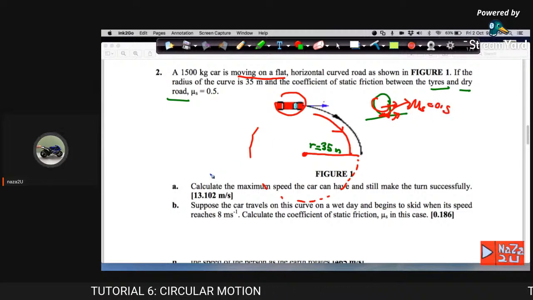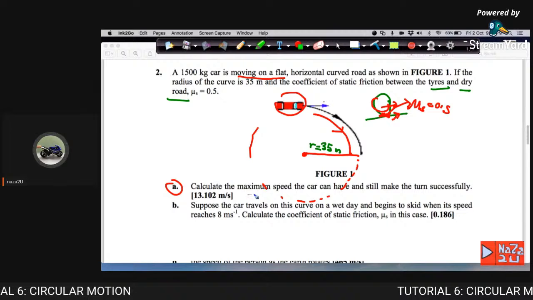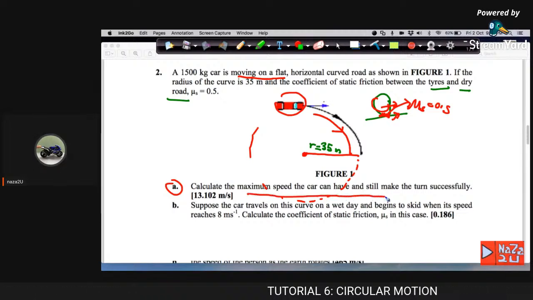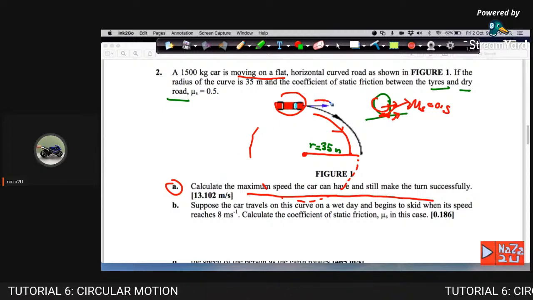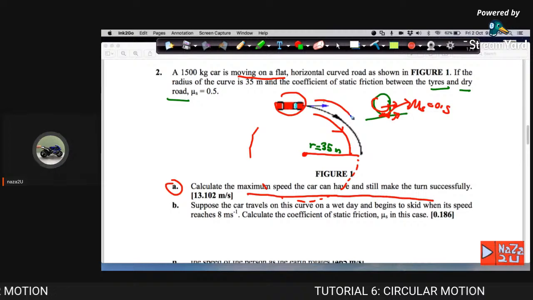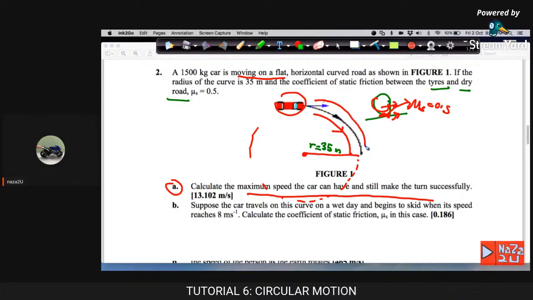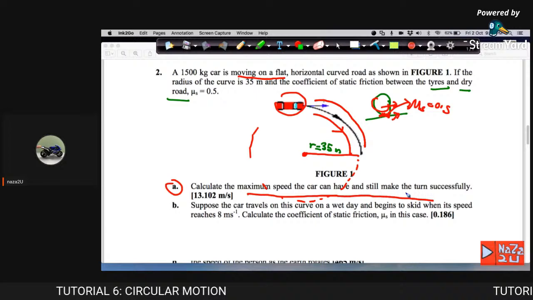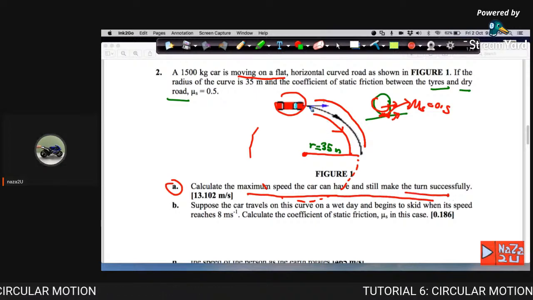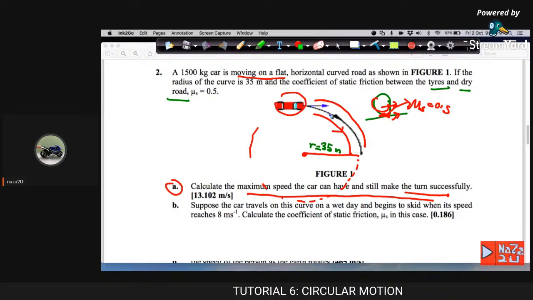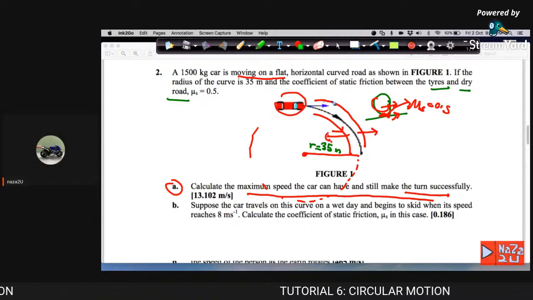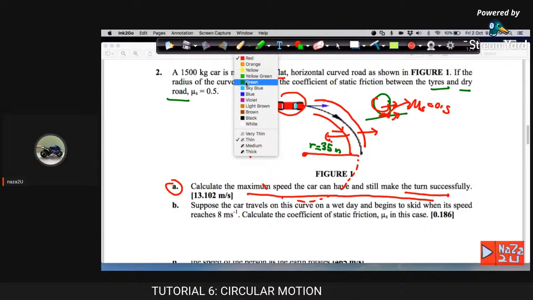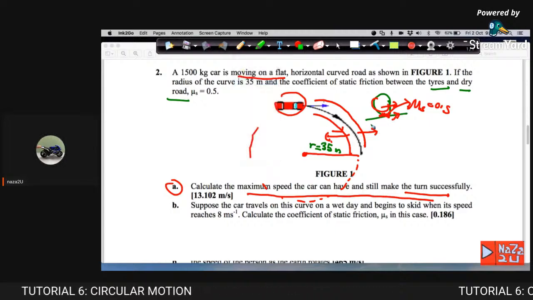0.5. So number A, calculate the maximum speed the car can have and still make the turn successfully. So meaning here, the car continues moving on the flat horizontal curve, still makes the turn successfully. So meaning maksudnya dia boleh melakukan pergerakan di selekoh ini tanpa ada berlaku mungkin tergelincir keluar ataupun ke dalam. Okay. So dalam kes ini, kalau kamu nak selesaikan dalam kes ini, so make sure, okay, the